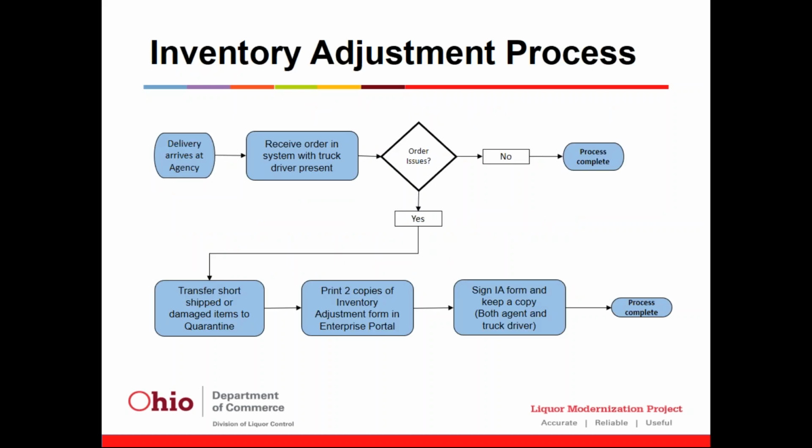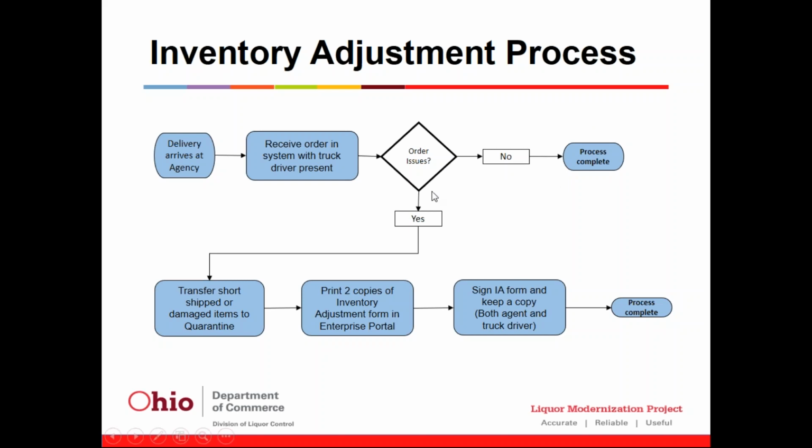So we're going to start today by discussing the inventory adjustment process. The inventory adjustment process starts at delivery. So the delivery arrives at your agency. You need to make sure that you receive the order in full in the system with the truck driver present. If there are no issues with the order, both you and the truck driver will sign off on the paperwork